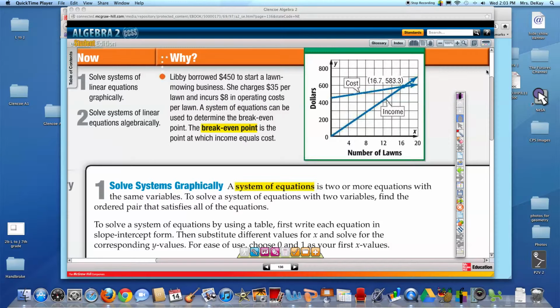All right, here's an example of why we're going to do what we do today. Libby borrowed $450 to start a lawn mowing service. So right away, she's in the hole $450. She charges $35 per lawn that she mows, and she incurs $8 in operating costs per lawn. So you think you're just going out there to mow a lawn and collect $35, when in actuality, what is happening? She's making